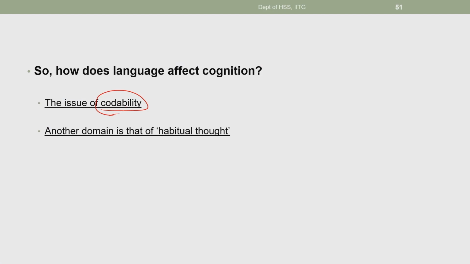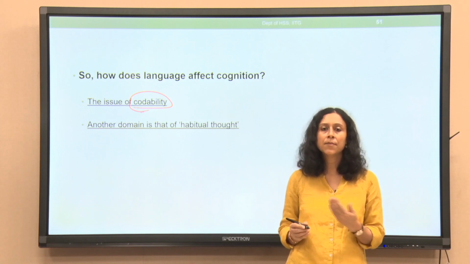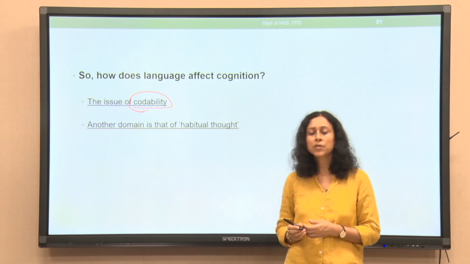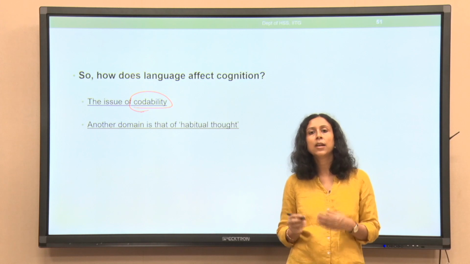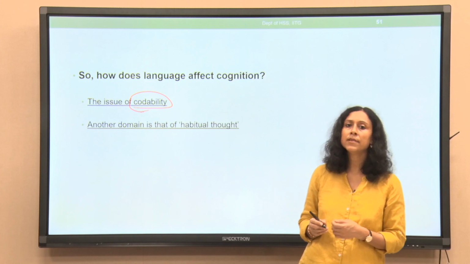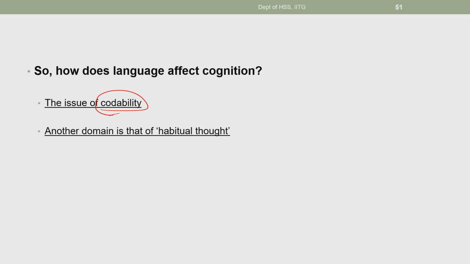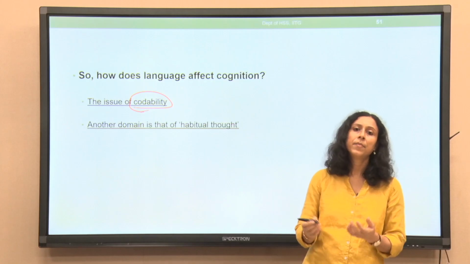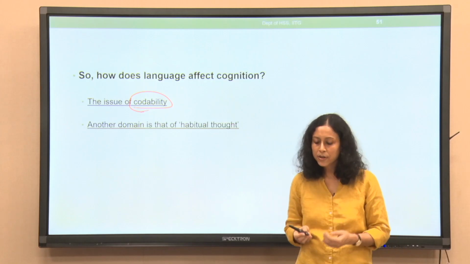Language, I have already used the word code in some cases today. So, language basically codes information that is available to us. For example, with color terms, we may not have in English, we have dark blue, sea blue, light blue, and so on, but in some languages you can have a codified term for a particular shade of blue. What we mean by a codified term is a single word name. Naming, the moment you name a concept, it becomes highlighted. So, that is what we mean by codability.